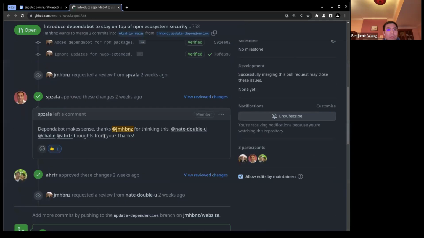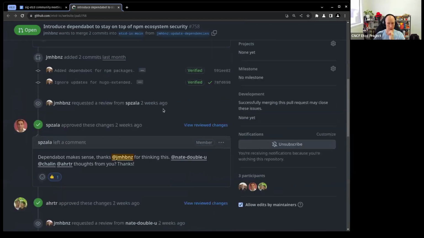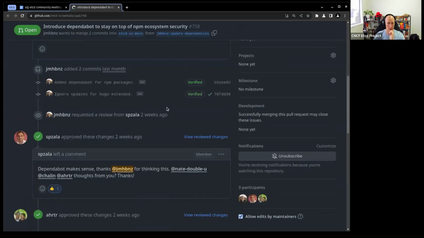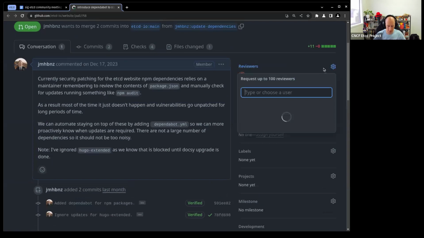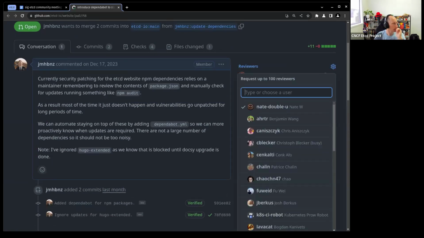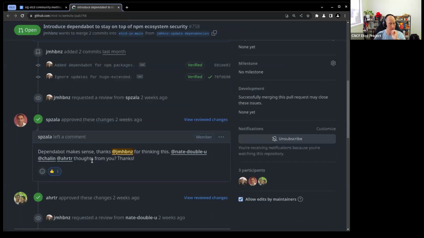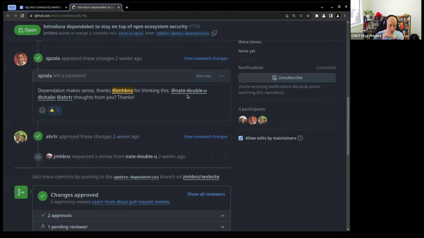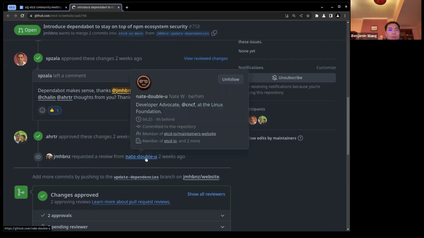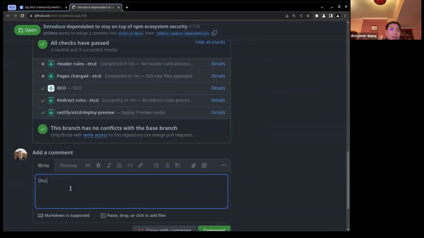I would like to leave this PR to another maintainer to merge. Take another look. I'm okay to merge, but I would like another maintainer to merge it. Okay, so let me maybe request a review from Marek, perhaps, or yeah, because Sadev's already approved, but he's not super involved these days. I did request a review from Nate, who obviously has a really strong history with the website. Yeah, I suggest leaving a comment to ping Nate again. If there's no response for a couple of days, I can merge later.